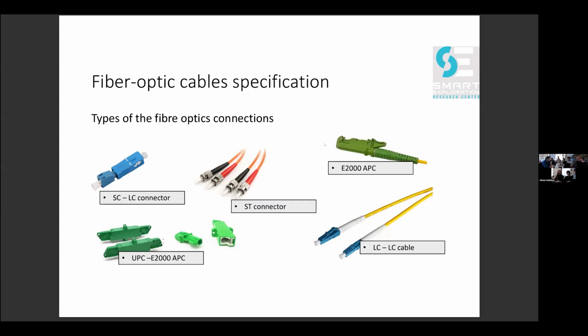That's a very advanced connection with very good parameters. It is used very often for interrogators, and this connector we will use for our splicing, because our interrogator uses this kind of socket. Here we also have a female connector, E2000,